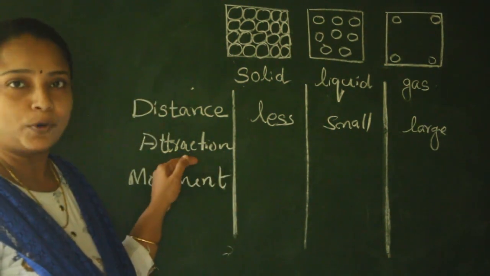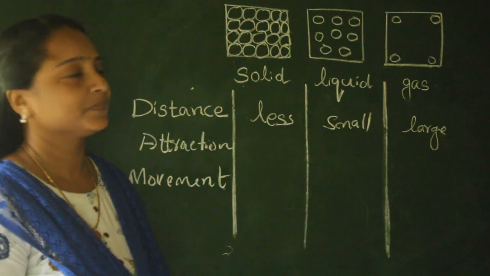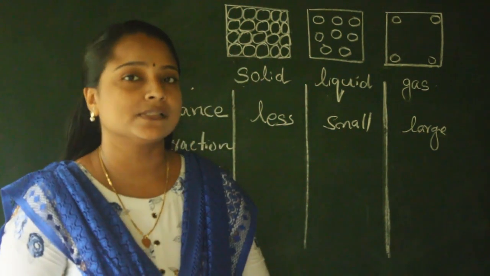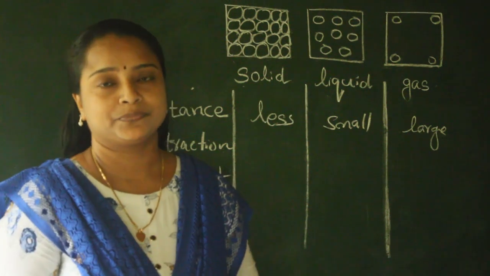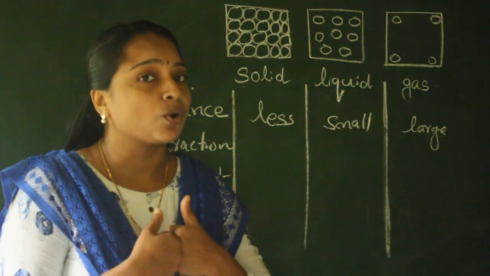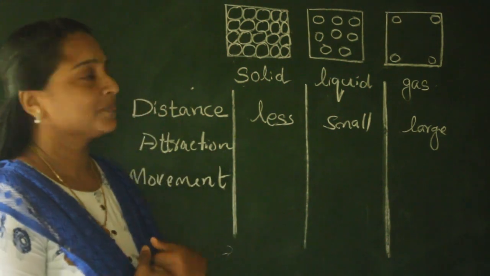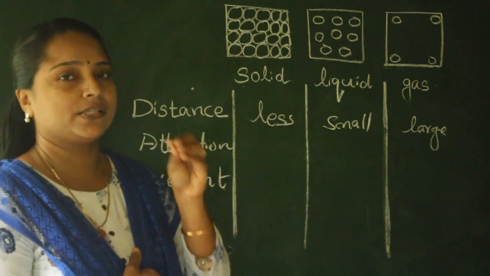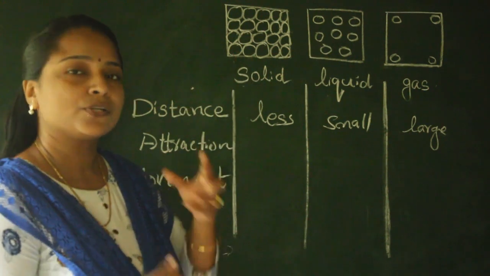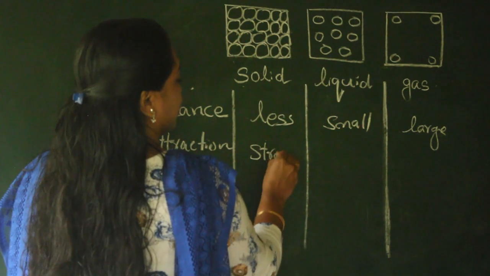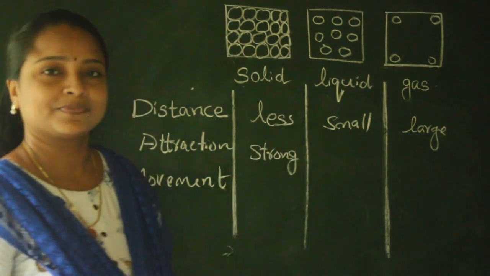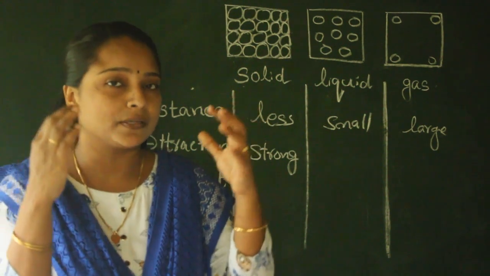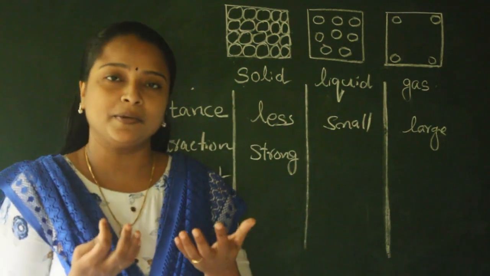Then the next property, that is the attractive force. We know that the adjacent particles inside the solid substances are arranged very close to each other. So there will be a very strong attractive force between them. Here the adjacent particles are very close to each other, so they are attracted very strongly. As the attractive force becomes very strong, the adjacent particles come close to each other and they become tightly